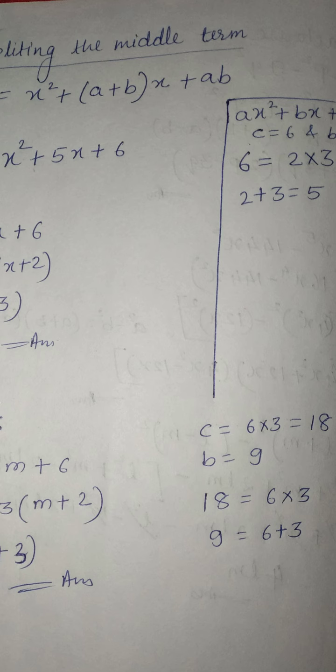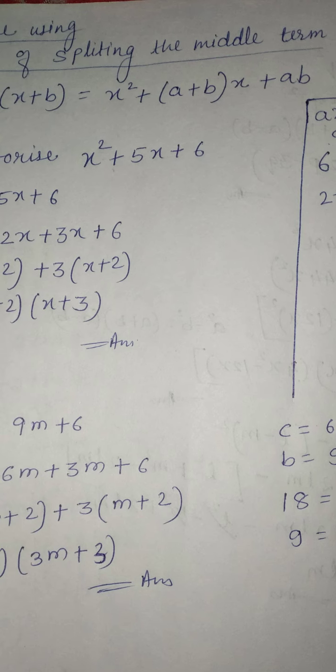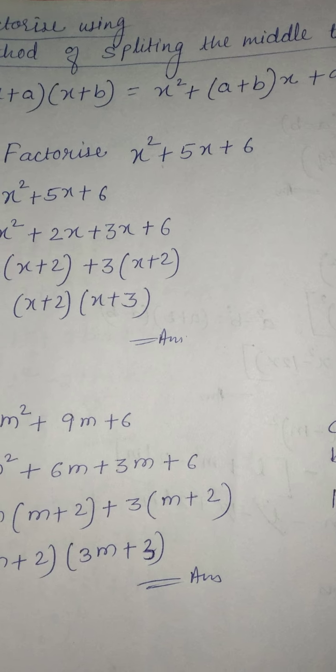If it was 9, it could be written as 3 square. If it was 16, it could be written as 4 square. If it was 25, it could be written as 5 square. But here 6 cannot be written in the square form of any number, so it will remain in this same form. Where it cannot be written in the square form, we cannot use the method of identities. Here the method used will be the method of splitting the middle term. So you can identify this by the third term very easily.